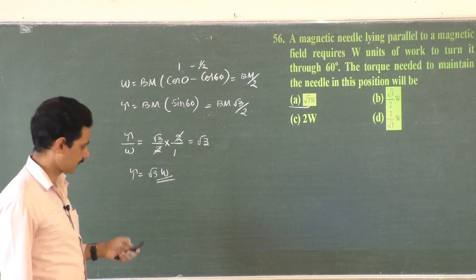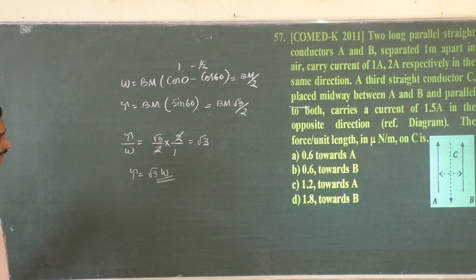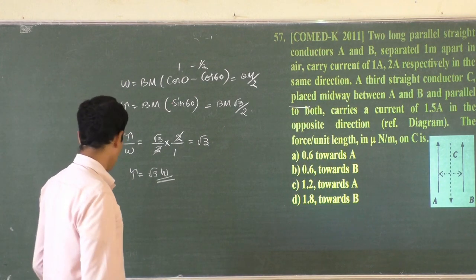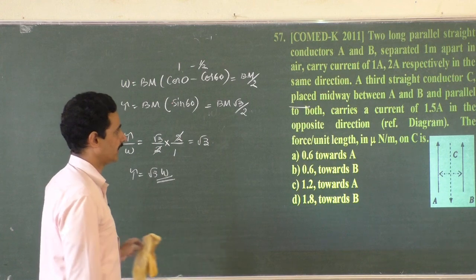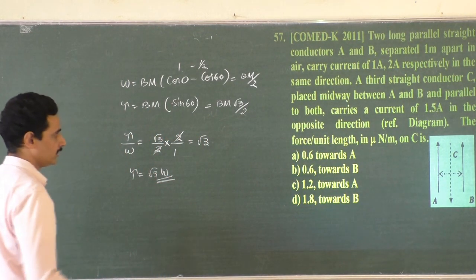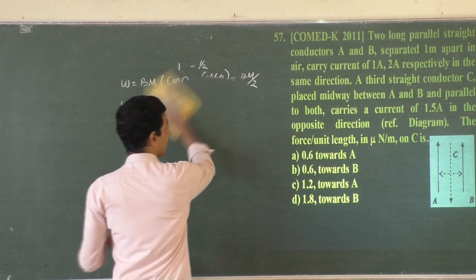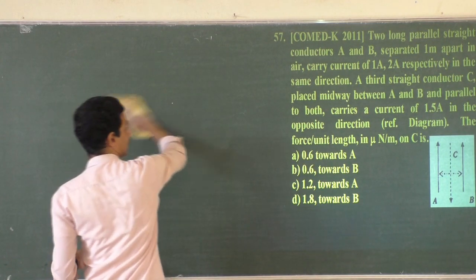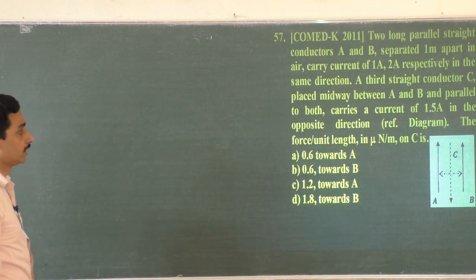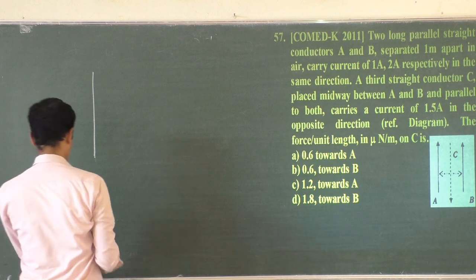Okay. Next problem. 57. Two long parallel straight conductors A and B, separated by 1 meter apart in air, carry currents 1 ampere and 2 amperes respectively in the same direction. A third straight conductor C is placed midway between A and B and parallel to both. It carries a current of 1.5 amperes in the opposite direction. The force per unit length in micronewton per meter on C is,